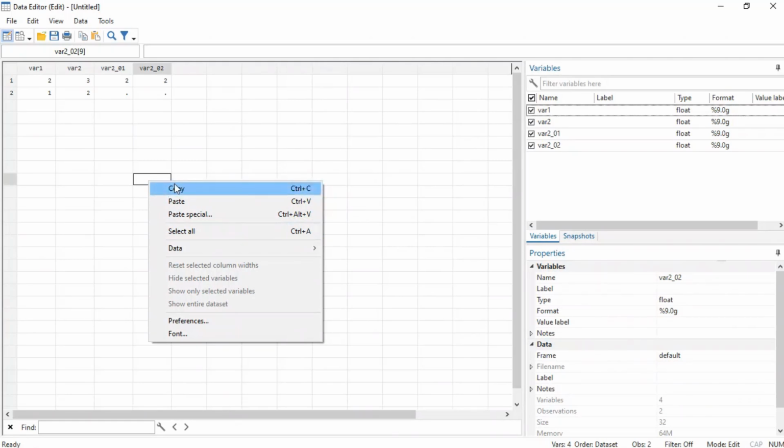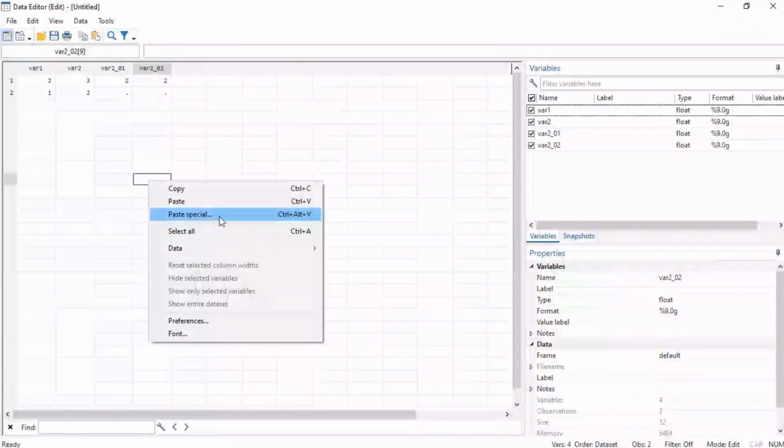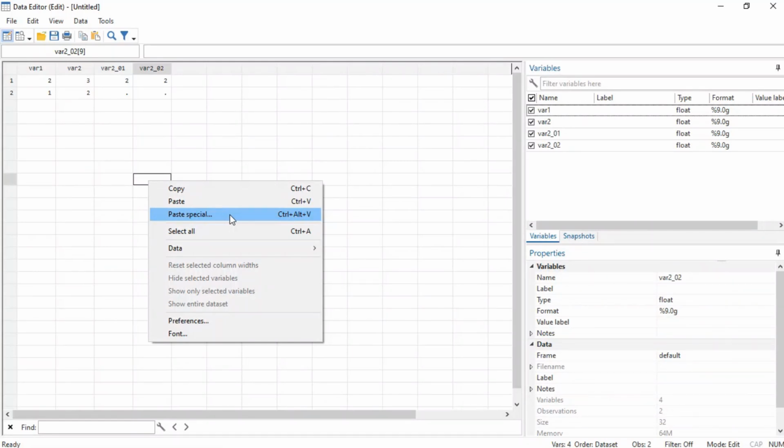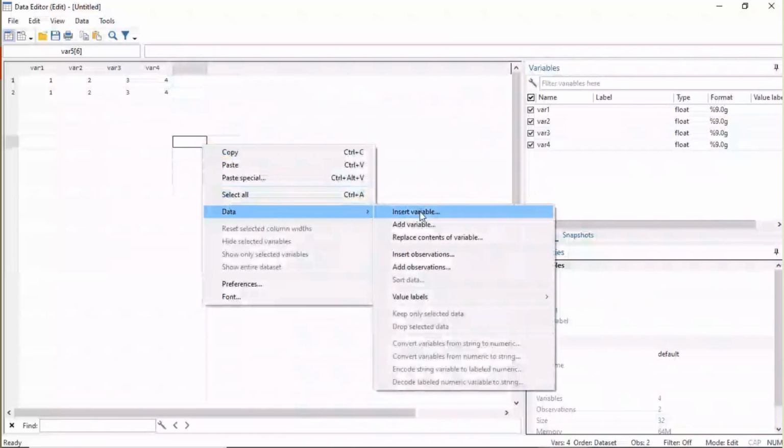Copy to copy data to the clipboard. Paste to paste data from the clipboard. Paste special to paste data from the clipboard with finer control of delimiters, giving a preview of what will be pasted. Select all to select all the data displayed in the data editor. This could be different from the data in the dataset if the data are filtered or some variables are hidden. Data to open a submenu containing: